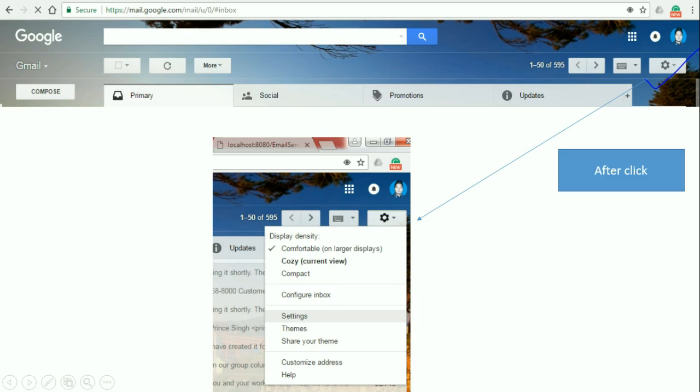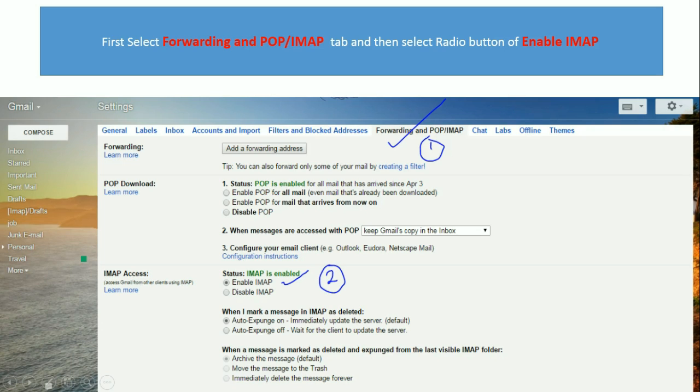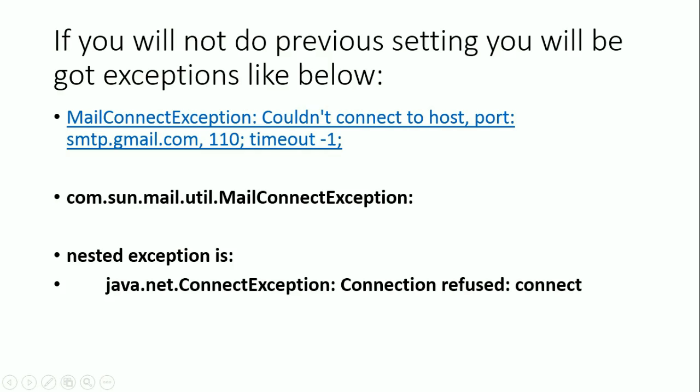When you click on it, you will find the settings page with a number of tabs like general, labels, accounts, import and others, but we need to click on the Forwarding and POP/IMAP tab, and then select the radio button of Enable IMAP, which I have already checked and marked. Then you need to press the save button, as below; it is not displaying here.